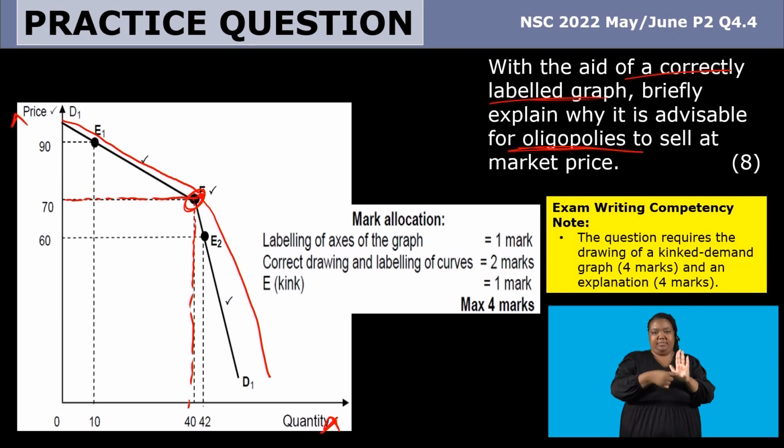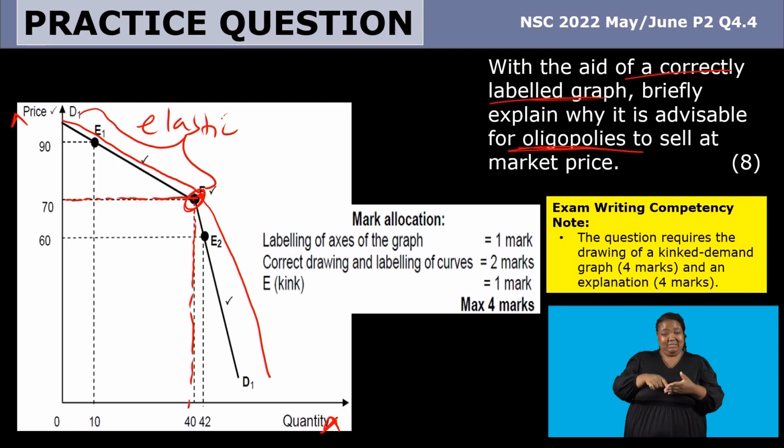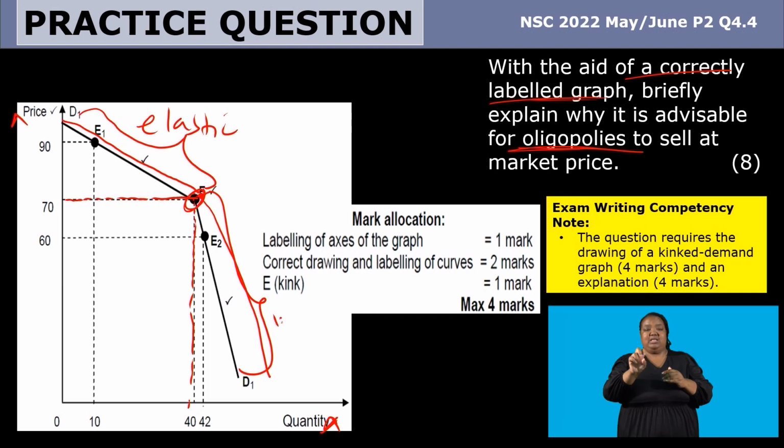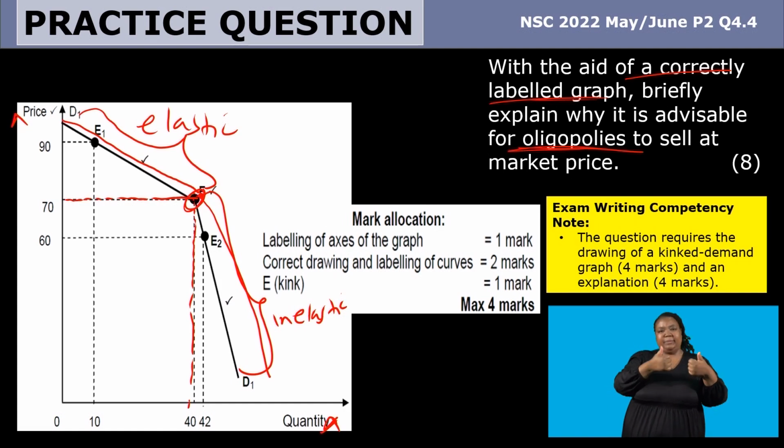Now, our explanation is: above the kink, the demand is relatively elastic, and below the kink, the demand is relatively inelastic. So it is not advisable for them to increase or decrease the price, and it is advisable